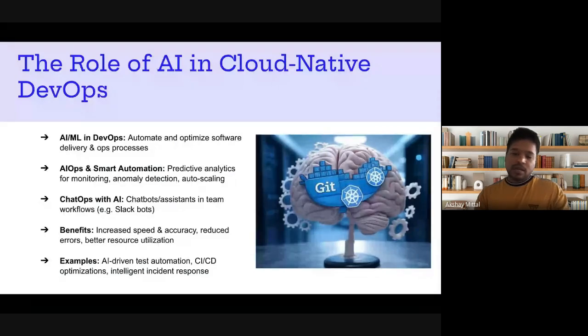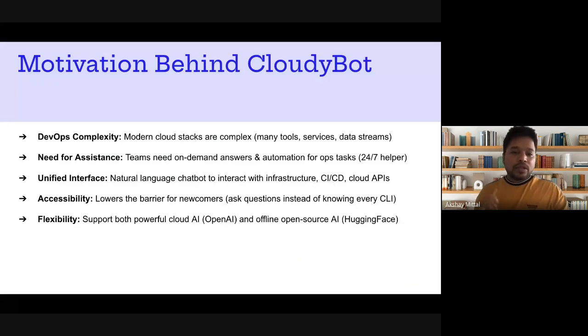And this is why this was one idea. I mean, this is a basic app, but this was the idea behind trying to create it. So some motivation, as I mentioned, is that with an evolving vast array of tools and services and constantly flowing data, the complexity needs an assistant to automate. For example, I was working on a CI/CD pipeline recently, and